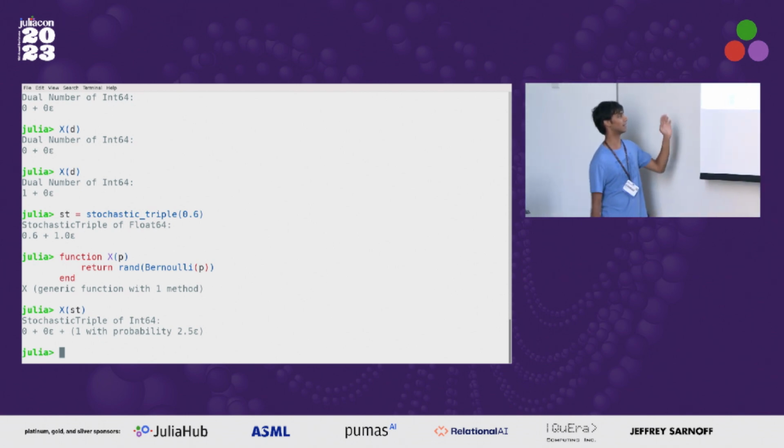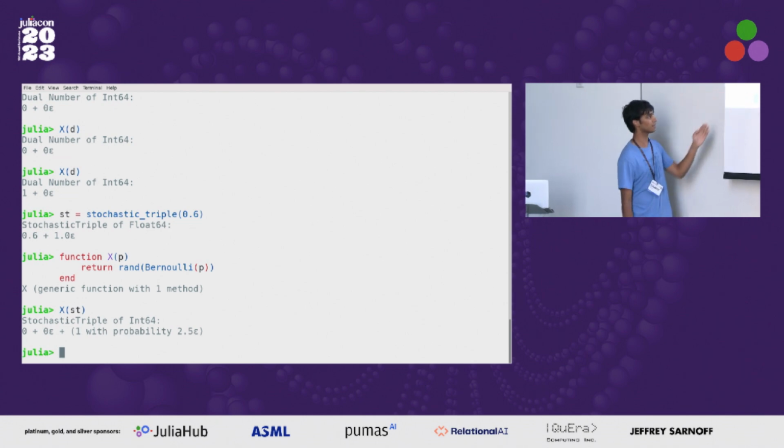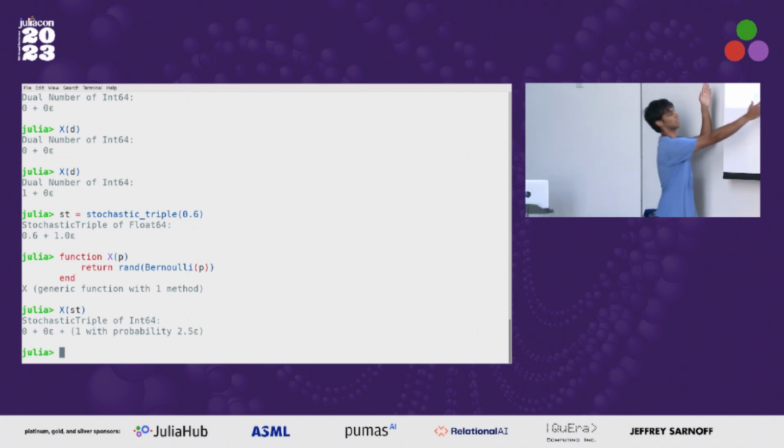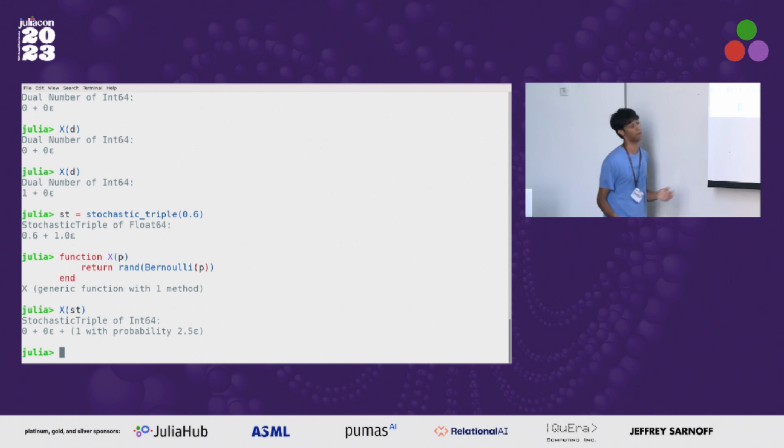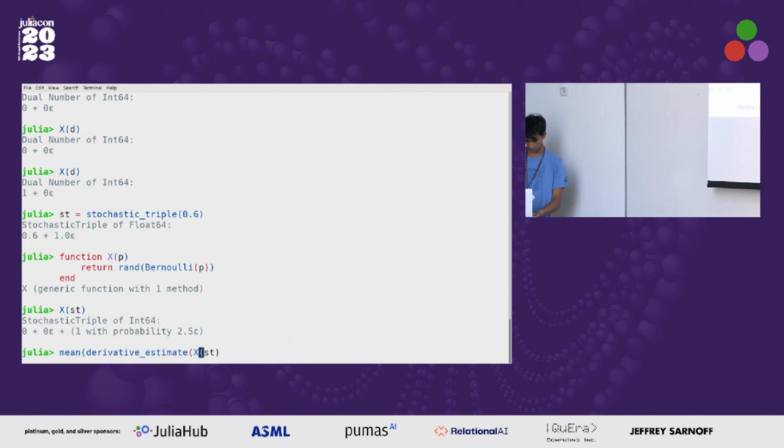So this is what your number is telling you, and you can actually collapse this into a derivative estimate of 2.5. So if you actually were to take the mean of the derivative contribution of,